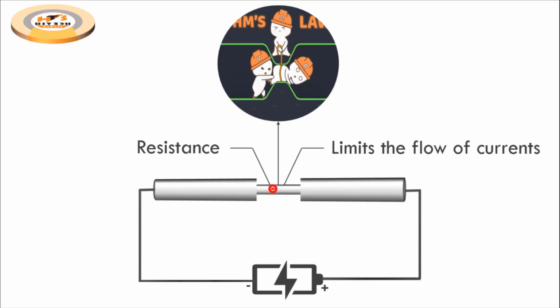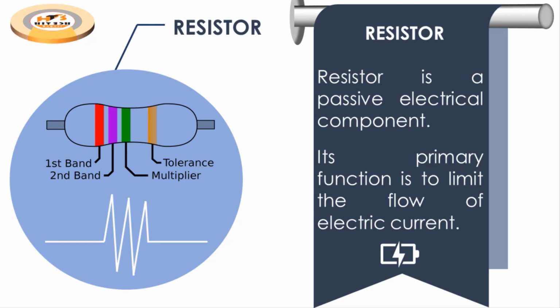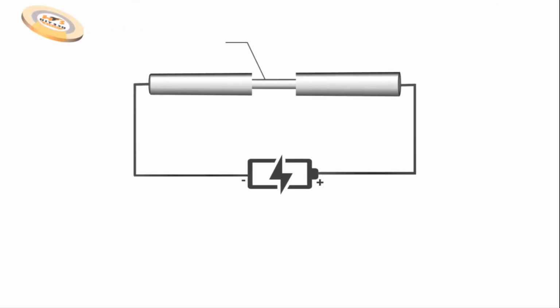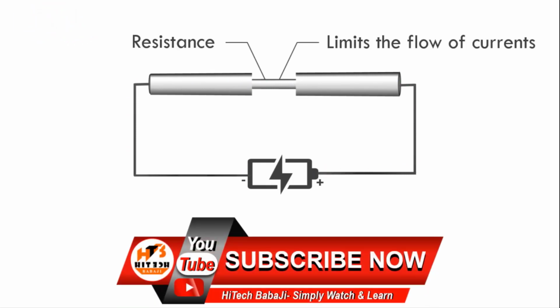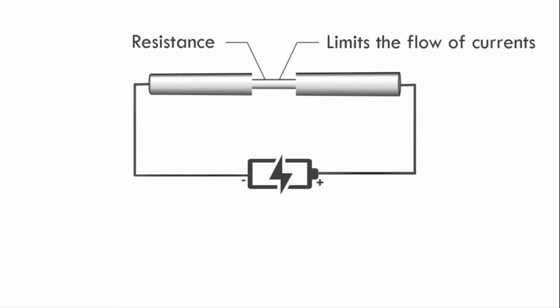As we have already discussed, a resistor is a passive electrical component that controls the flow of electrical current in a circuit. Then how does it control the electrical current in a circuit? Actually it reduces the flow of electrical charges, meaning electrons. By applying a resistance in a circuit, it reduces the flow of charge carriers. When charge carriers are reduced, then the overall current flowing in the circuit will be reduced.